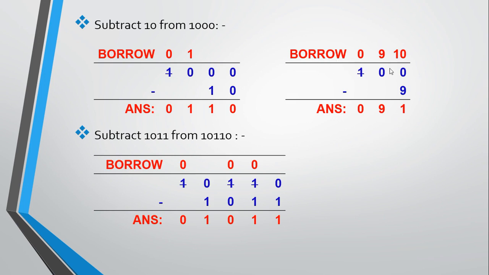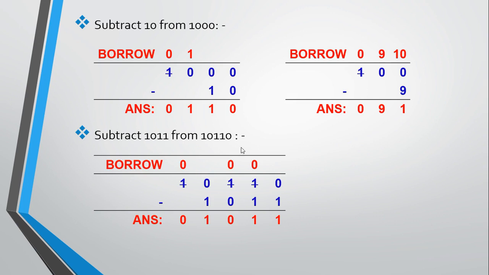This is the same as the decimal number system. 0 minus 0 will return 0. 0 minus 1 will return 1 as a subtraction, and you need to borrow the value from the previous order, but the previous order is not able to give the value. So you need to consider the next higher order from which you can take 1 and it becomes 0. And over here we have placed 9. So in the binary number system, we need to place 1 over here.